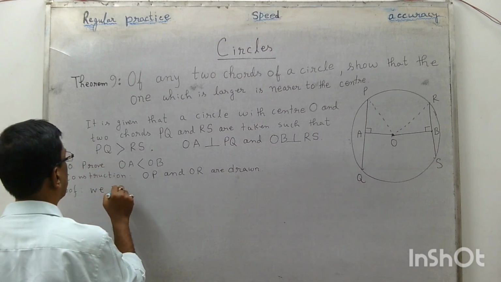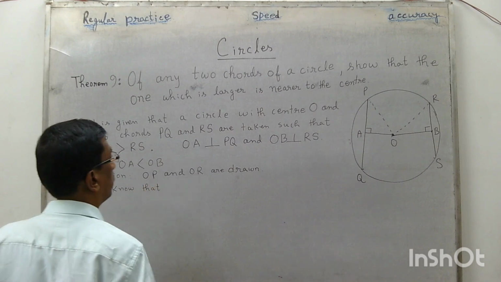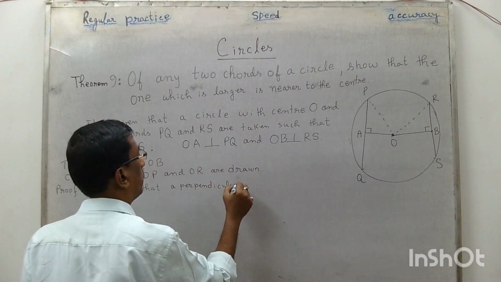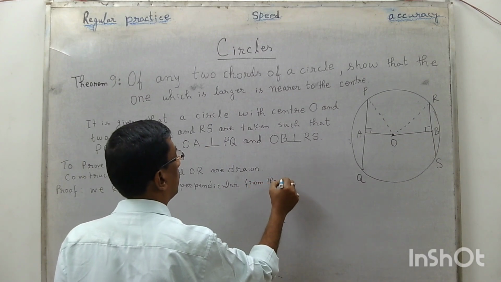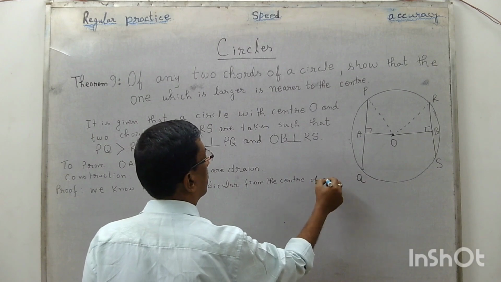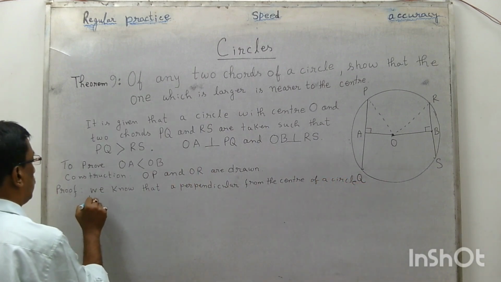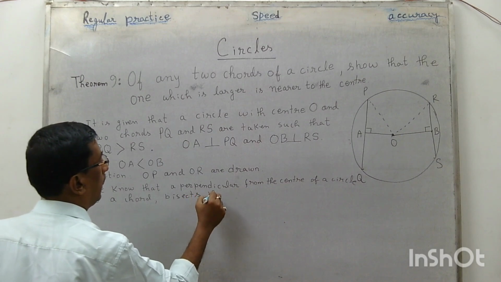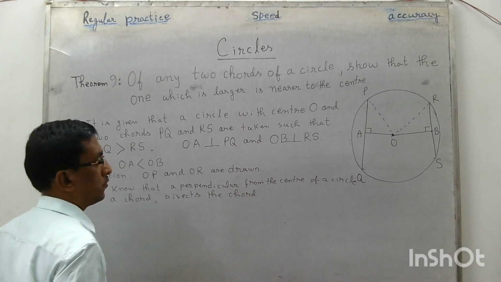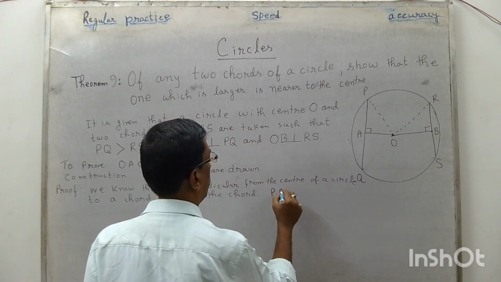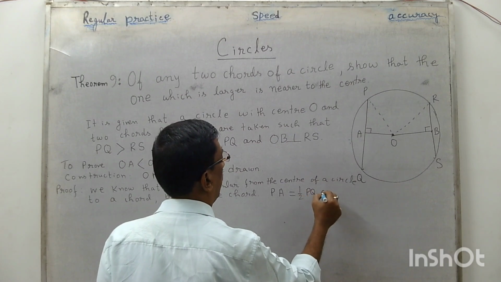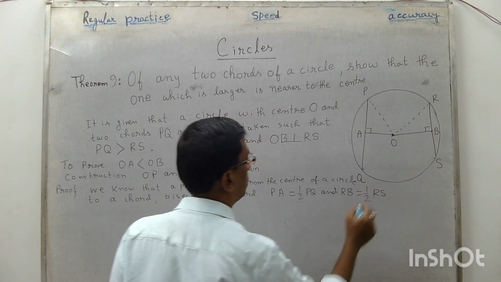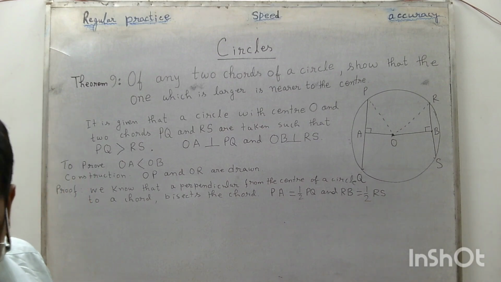We know that a perpendicular from the center of a circle to a chord bisects the chord। So PA is half of PQ and RB is half of RS। ये हम लोग जो है पहले हमें मिल गया।